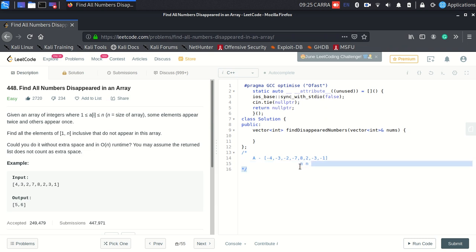So this 2, 8 and 2, what does this signify? This basically means that the numbers 5 and 6 are not present. How do I get to that 5 and 6? I'll explain again. If I start from index 1, I'll see if index 1 is marked negative, yes. Index 2 is marked negative, yes. Index 3 is marked negative, yes. Index 4 is marked negative, yes. Index 5, is it marked negative? No. So 5 is an answer. Index 6, is it marked negative? No. So 6 is an answer. Again, if you see index 7, it's been marked negative. Index 8, it's been marked negative.